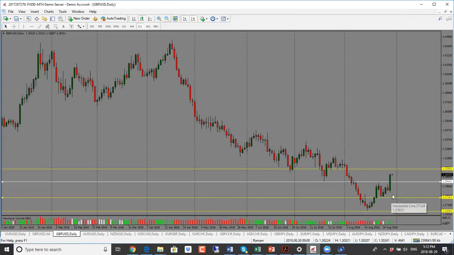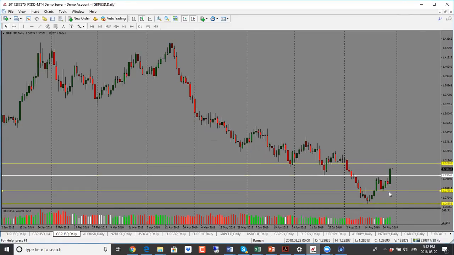Pound dollar here, this one actually had quite a change in direction. For the British pound, it was looking negative yesterday, but there was Brexit news that came out today that the cabinet is supporting Prime Minister Theresa May's Brexit strategy, and as a result of that, British pound jumped up. So yesterday we had a nice red candle here, pin bar. I was looking for price to drop, but instead we saw a big major move to the upside. So that's a big bullish candle close, engulfing candle close here.